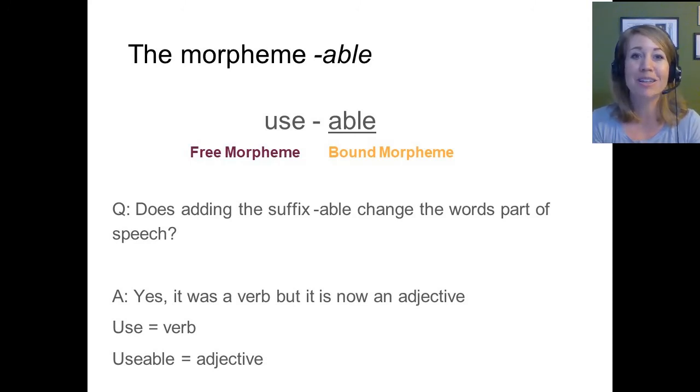So think about use. The word use is a verb. But when I add able to it, it is no longer a verb. It was a verb when it was just the word use, but it is now an adjective. Usable is an adjective to describe that something is capable of being used. Let's think of an example. The pencil was usable. Was is the verb there, but usable describes something about the noun. It describes something about pencil. The definition of an adjective is it describes something about the noun. And when I say the pencil was usable, I'm describing that the pencil was usable.